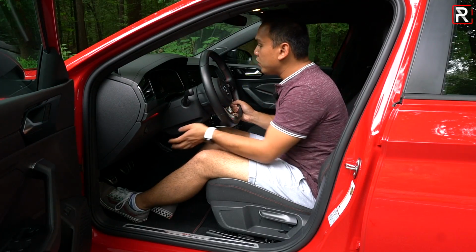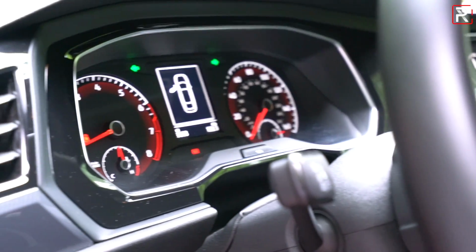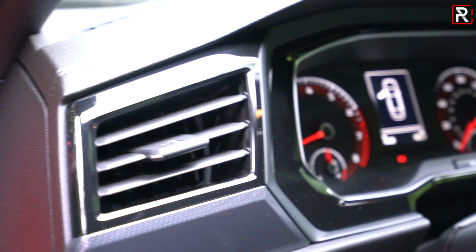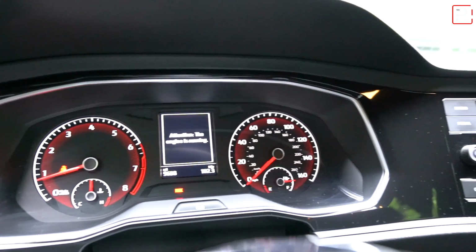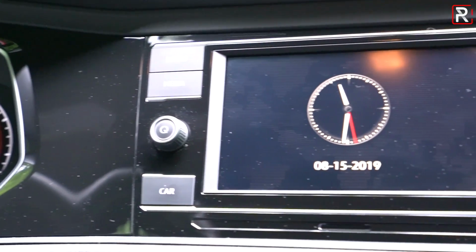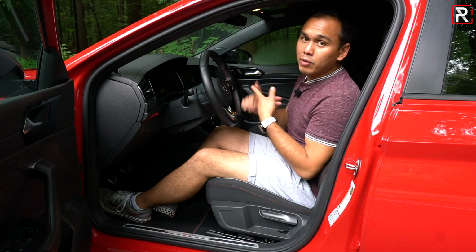It's a tilt telescoping wheel, and basically the biggest difference with the interior, unlike the Autobahn model, you don't have the digital cockpit display. You just have this standard looking display and the Discover Media Infotainment System. This is only a 6.5-inch screen, which is fine because it has Android Auto and Apple CarPlay. It is a little bit small looking versus the 8-inch screen,